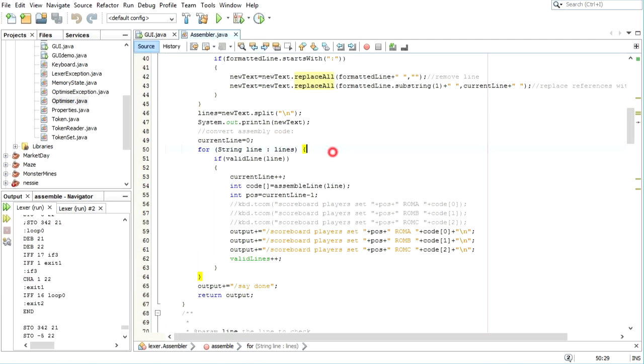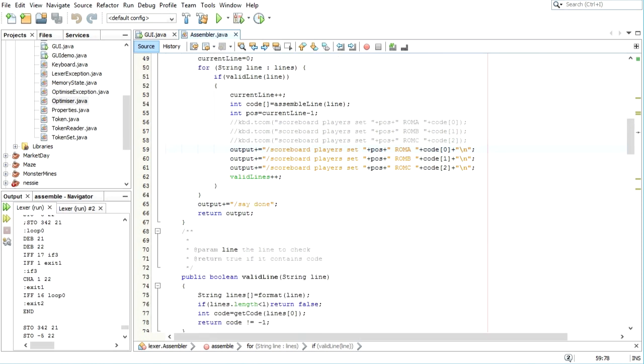And then over here, we take the code and we actually convert it into what will be used to upload it to the Commando 32, the scoreboard set commands. Now, in Minecraft, there are some scoreboard commands you can type that will change the value of the scores. And it pretty much uses those to change the code in the program. We'll explain how this actually gets onto the computer later, but pretty much the assembler is responsible for converting it